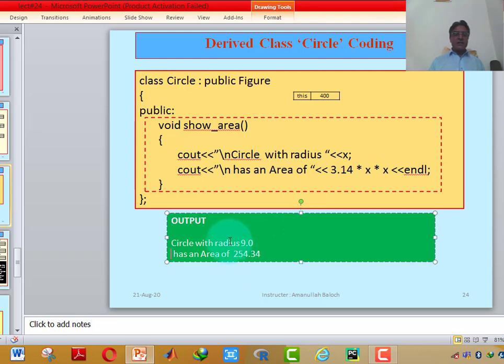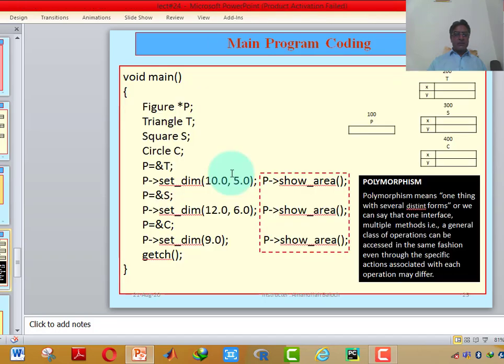This is the area of the circle. This is a different functionality from the area calculation of a square, and the area calculation of a square is different from the area calculation of a triangle. So when the control jumps back to the main program,